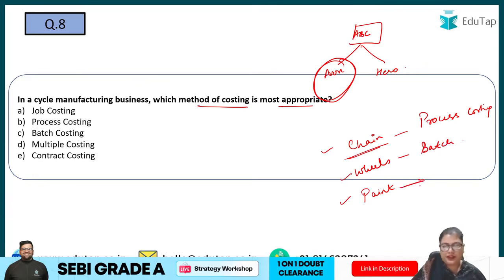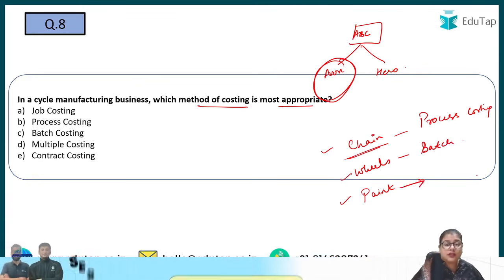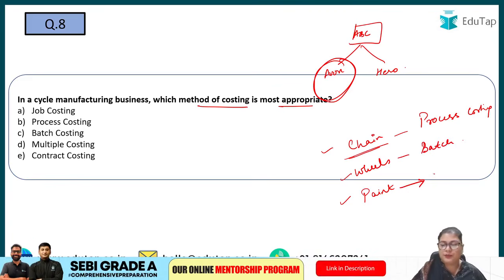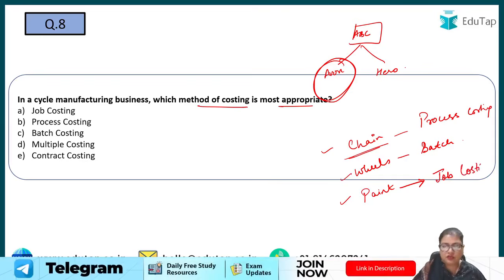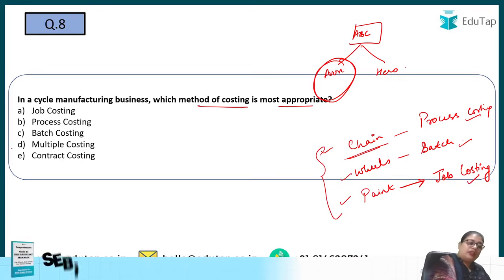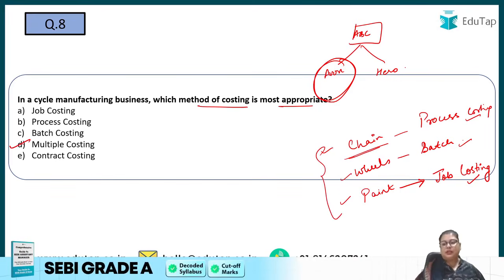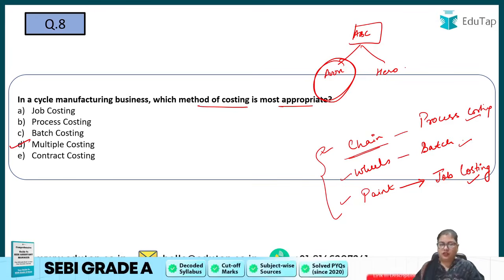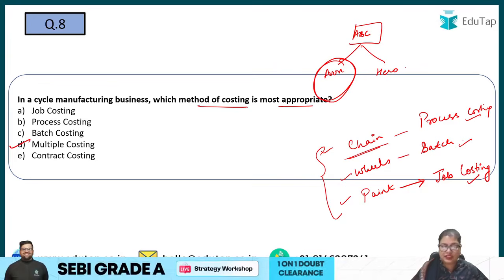And the paint is according to the demand of the customer. So basically paint is job costing. It is unique for every cycle. So here we can use job costing. Can you see the different types of costing we are using for making one cycle, right? So here we'll be using multiple costing because we are using different methods of costing. Not job costing, not process costing, not batch costing, but yes, the integrated version of it,